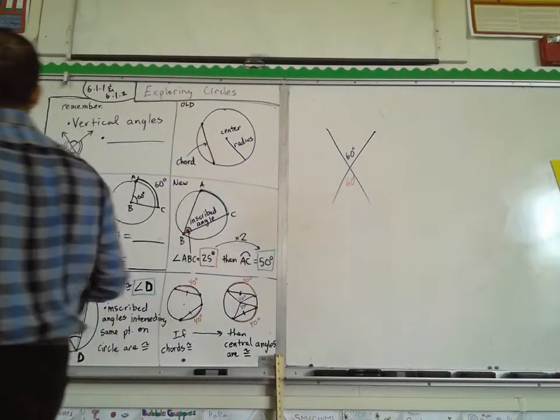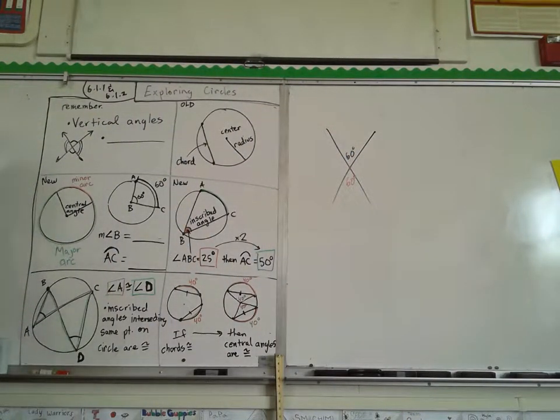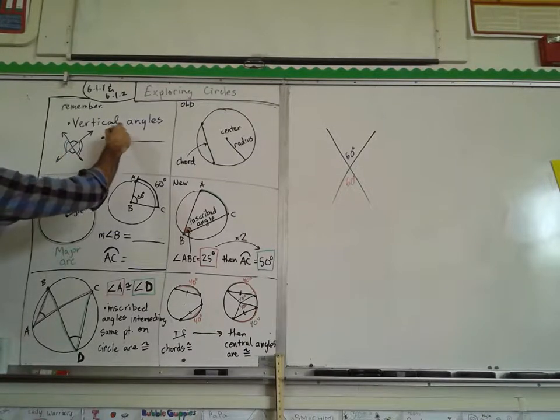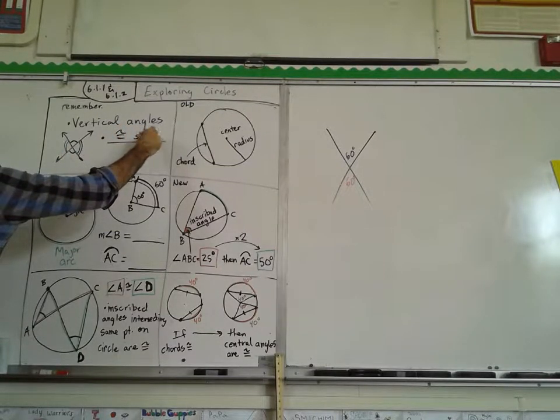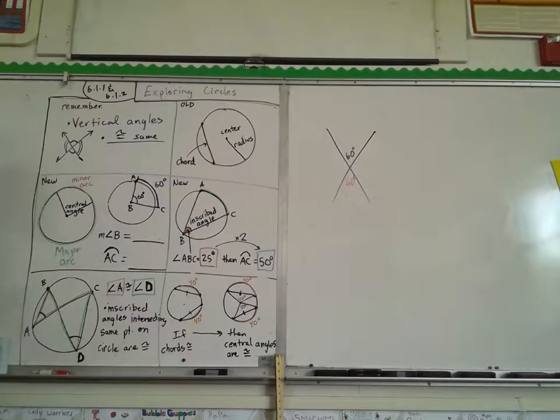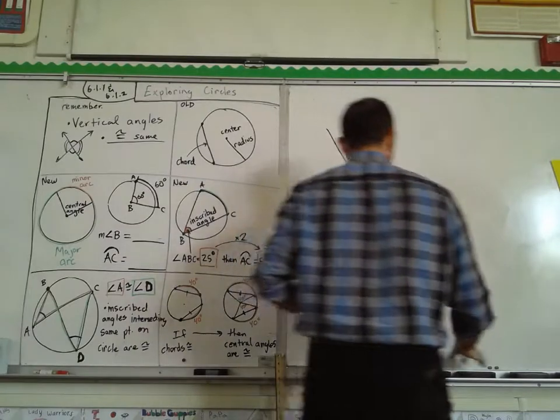We have to remember vertical angles are, what's the word for it? When they're the same. Congruent. So they're the same, they're congruent. Okay? So we just got to recall that. Part of what we do today is involved thinking about that a little bit. Next, we have